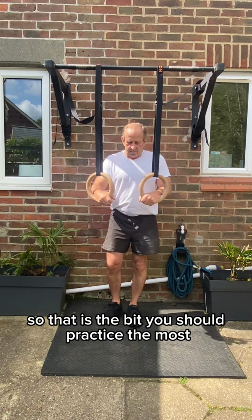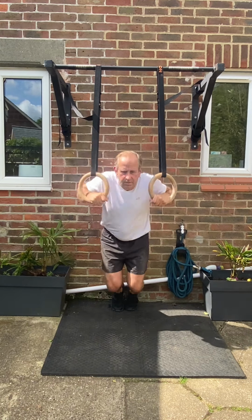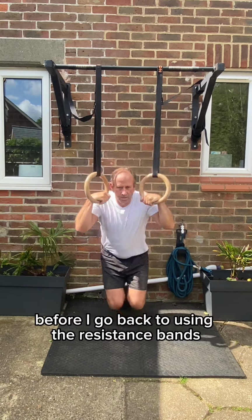And the transition can be practiced from many different positions, like I'm demonstrating now. Before I go back to using the resistance bands,